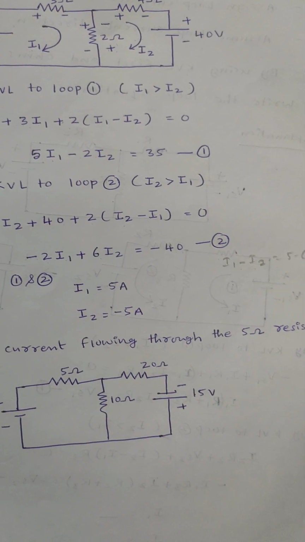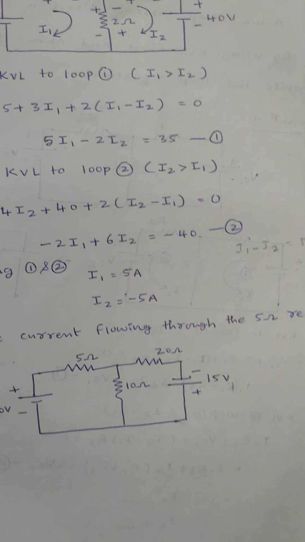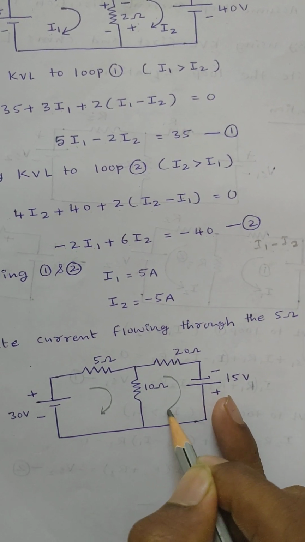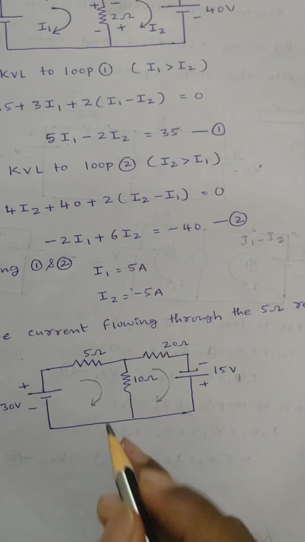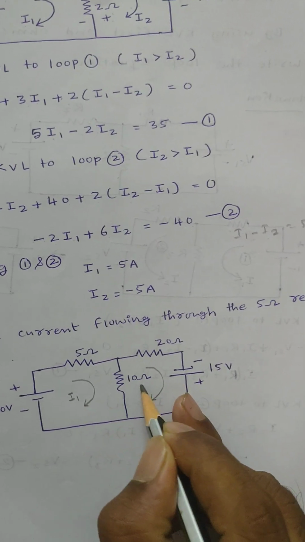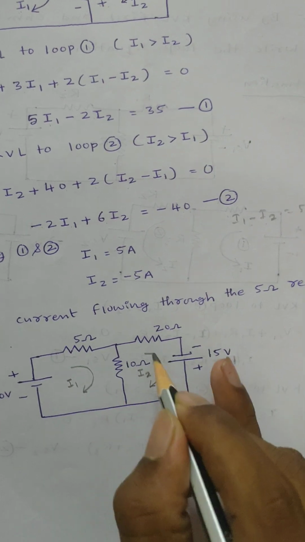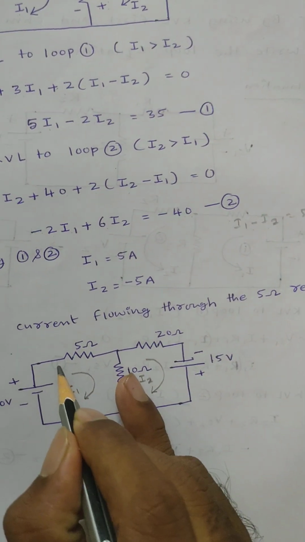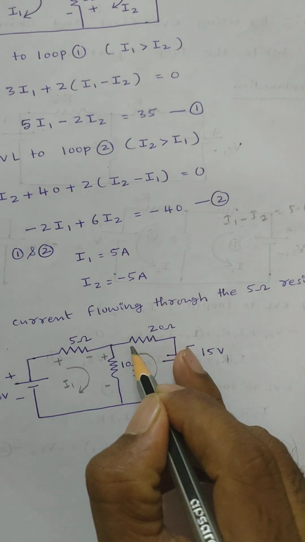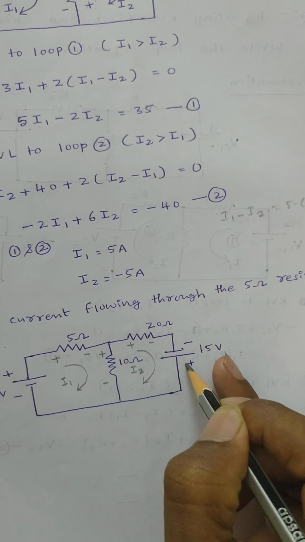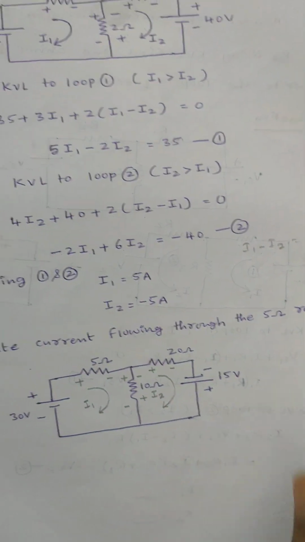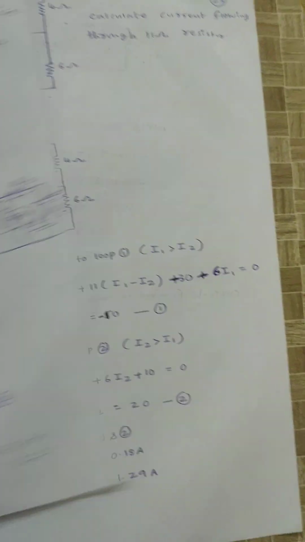Calculate the current flowing through the 5 ohm resistor, again by using mesh analysis. Same here, identify the number of closed paths: 1, 2. Next, assume loop currents I1, I2 and assume the loop current direction is always clockwise. Based upon this current direction, across passive elements the polarities will be plus minus for loop 1. Similarly for loop 2, plus minus. This is the active element, no need to give any polarities; plus minus for the passive element again. Based upon those polarities,